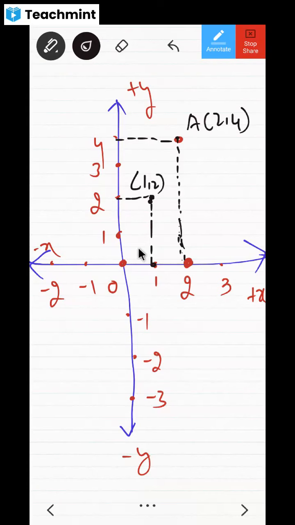Yes, dear children, tell me, is it understood or not? Yes, sir. Okay. Now, if I plot any point like this, here I am plotting the point and I'm just putting it here. Now tell me, what are the coordinates of this point? Let me call it C.